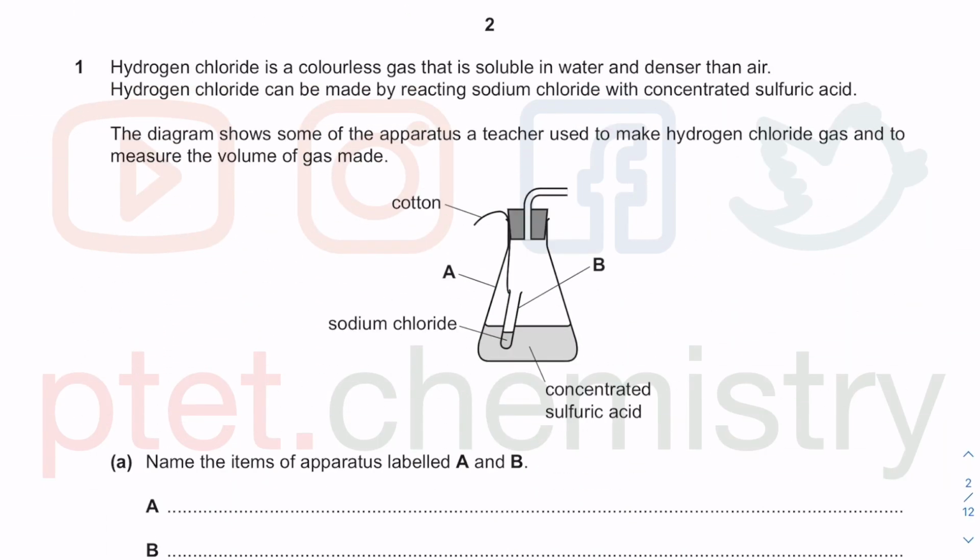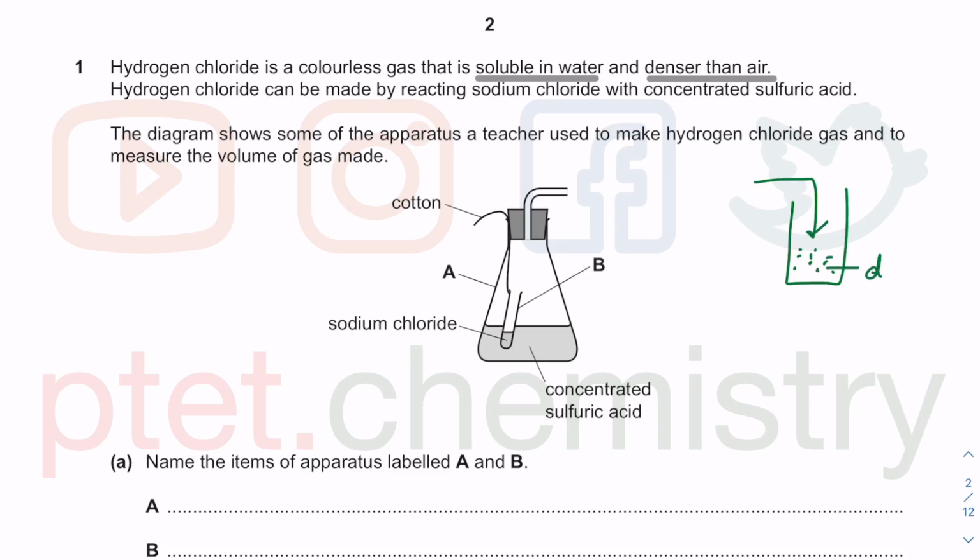In this first question, we have hydrogen chloride, which is a colorless gas. What is very important is this information here: soluble in water and denser than air. If it is soluble in water, then collection over water is not a very good method. If it is denser than air, if you're going to do a collection in a gas jar, the gas jar has to be similar to this because the gas will be coming in and the gas will be denser than